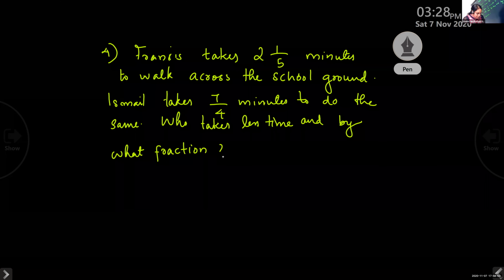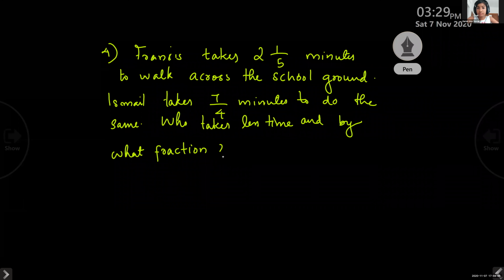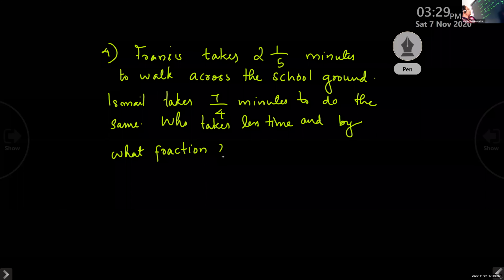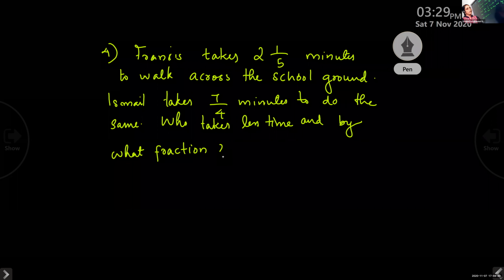Okay, this is the question for you. Do it. It is a comparison first. So compare and then subtract. Comparison of fractions. Who takes less time? Always, who takes more time, whose fraction is more, whose fraction is less, all this question comes, you have to compare the fraction. Ma'am, any steps are there? Last previous question steps? No, only that much. You make necessary changes of the previous question.